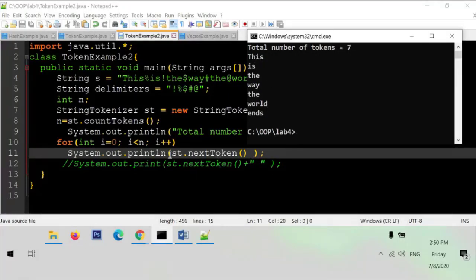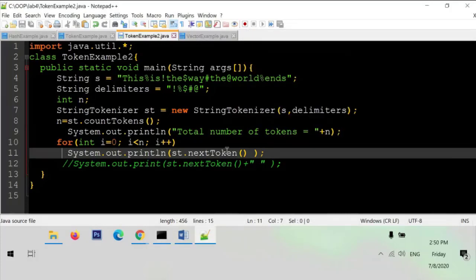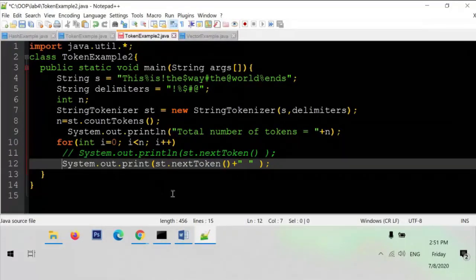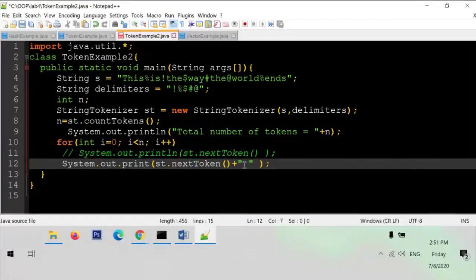Now I'm going to show you how to display all the tokens on the same line. You can use a simple command here: System.out.print. Print will display all the tokens on the same line. But what you need to do is take each token using the command st.nextToken(), then after that, add one space there. So it will show each of the tokens one after another with one space. Okay, let's